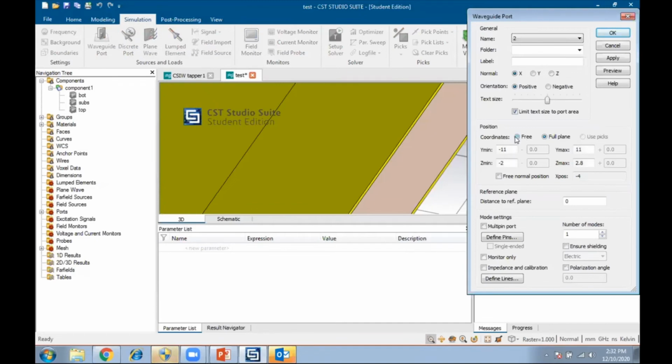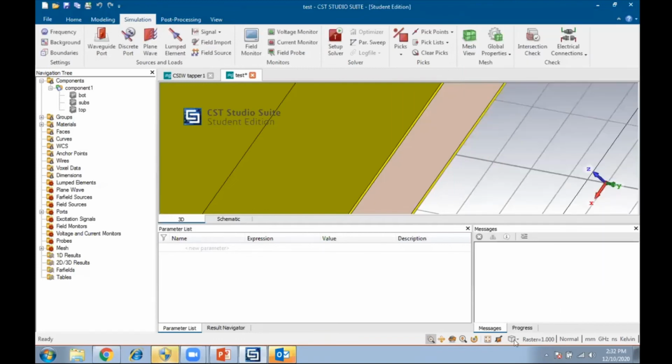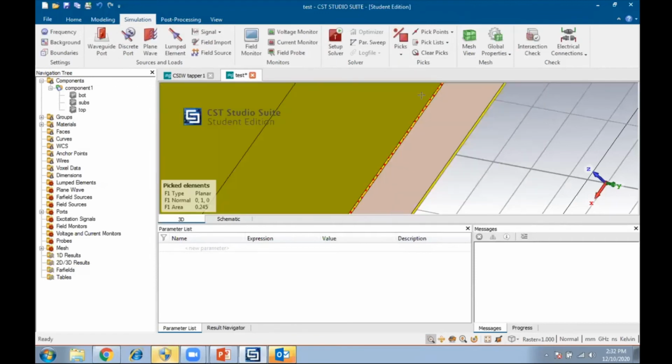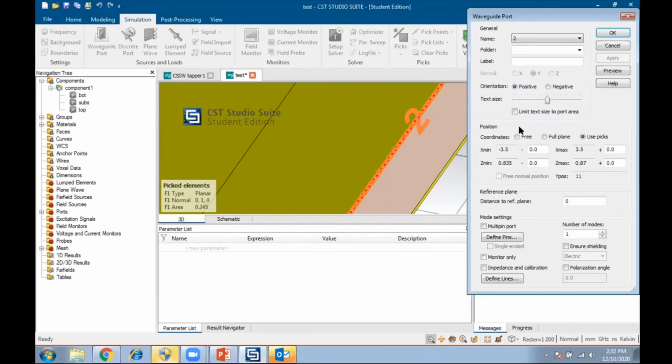Then free, the same thing I'm going to place. What is that? Need to do pick face, right? Pick face. Now save port 3. Alright. Yes. -4 to